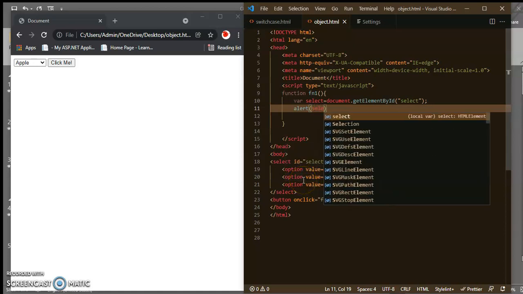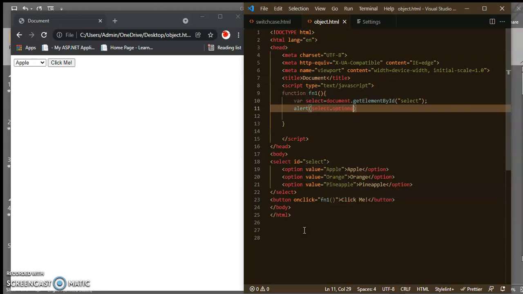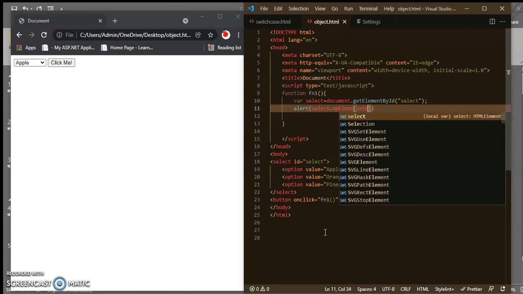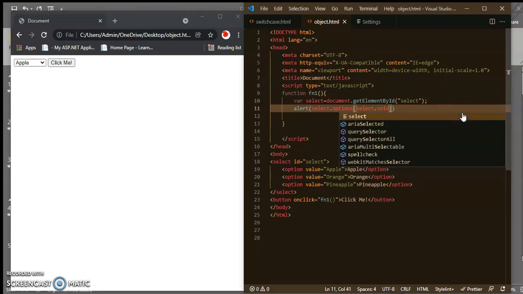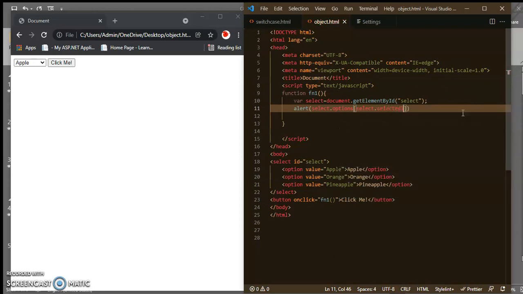So select.options, there are so many options, and inside of that I will pass select.selectedIndex, and that selected index's value.